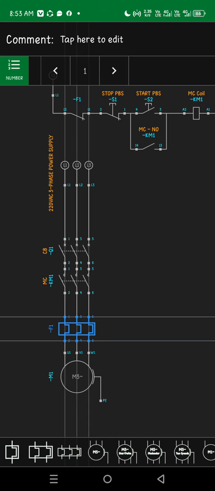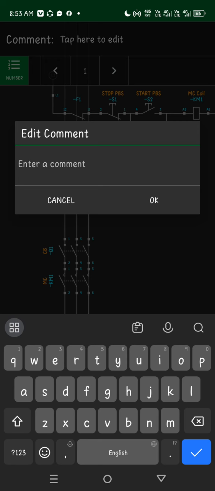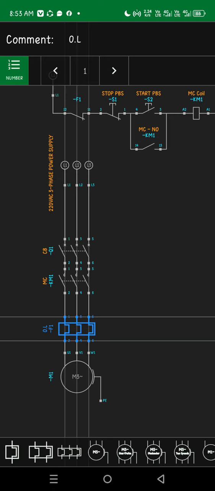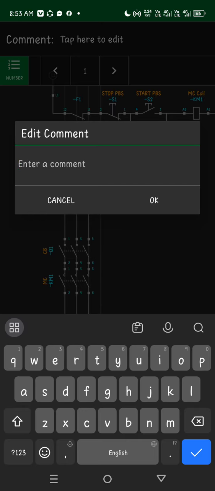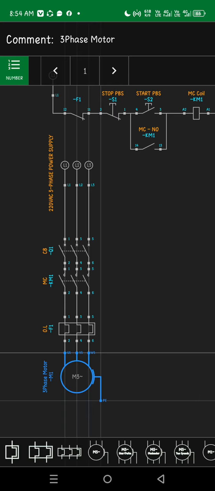Then overload relay, or just put OL. Then tap it here, put three phase motor. Click OK. Okay, that's it.